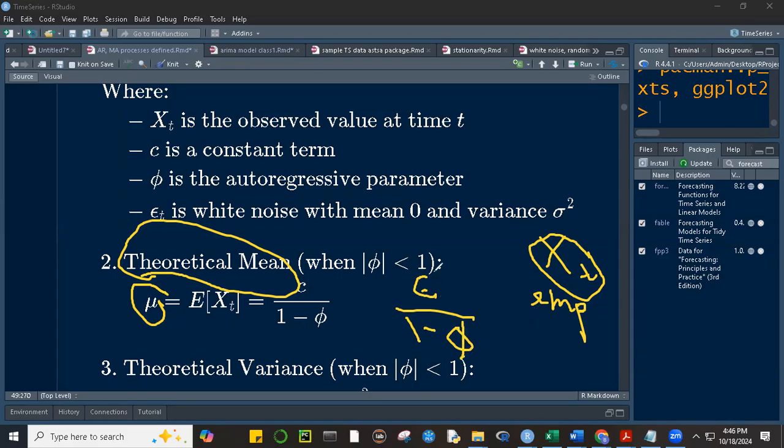Okay, 1 minus phi. And there's a condition, class. This theoretical mean will only be true when phi is less than 1. Okay, so the condition, class, for an AR process,